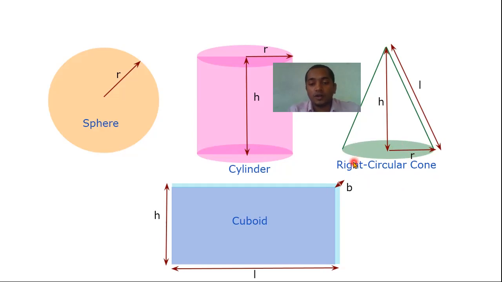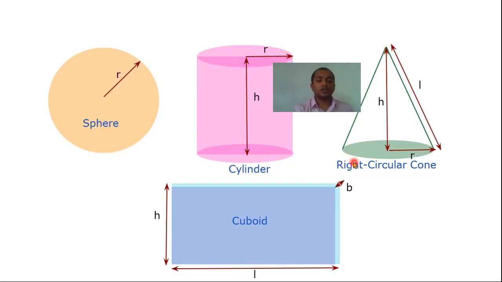What about the volume of a cone? It's also very easy to remember. As we had discussed, the volume of a cylinder is pi r square h. So if you just remember the volume of a cylinder, you have to just multiply that with 1/3. So the volume of a right circular cone is 1/3 of pi r square h. So basically, please note it down. The volume of a right circular cone is 1/3 pi r square h. And the curved surface area of a right circular cone is pi r L.